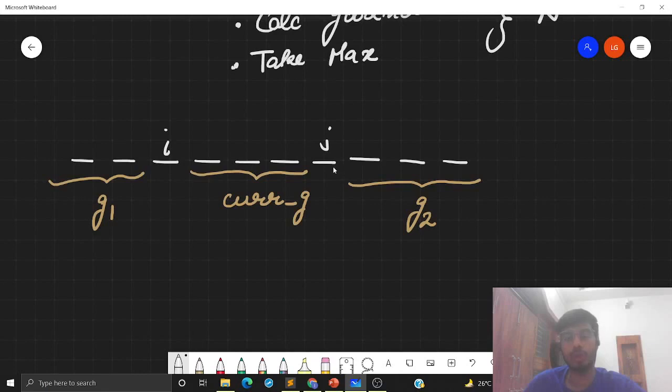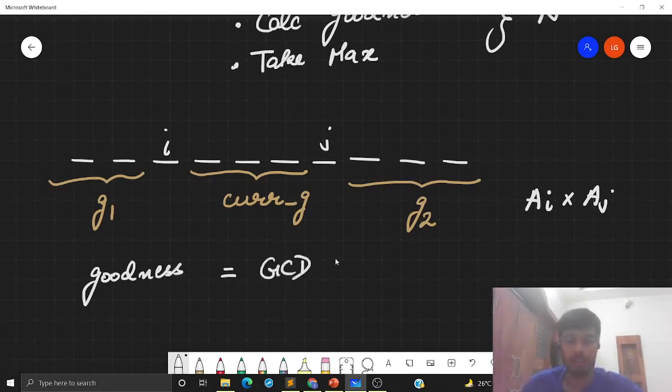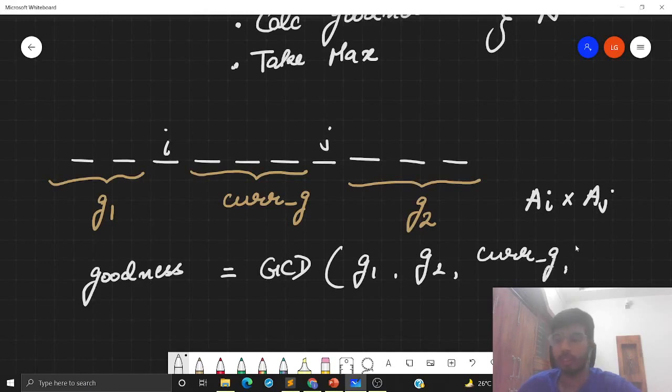Because these two values will be the same after choosing these two indices, I can just take the fourth value as AI multiplied by AJ. So now I have these four values and I want to calculate the GCD of these four values. So the overall goodness will be nothing but GCD of G1, G2, current G, and AI multiplied by AJ.